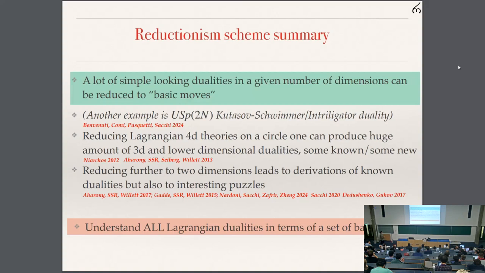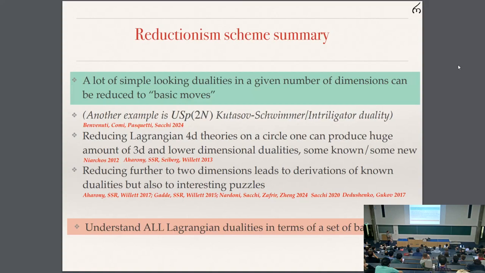A lot of simple-looking dualities in a given number of dimensions can be reduced to basic dualities, such as Intriligator-Pouliot and Seiberg dualities. We don't know if these are the only basic dualities. There are many dualities which we cannot reduce to these, but it remains a question. There is an ongoing effort to prove more and more dualities using some basic moves, and it will be interesting to understand whether all Lagrangian dualities in lower dimensions can be understood in terms of some set of very basic facts. I grouped here also the construction of lower dimensional dualities using compactifications, because if you start in 4 dimensions